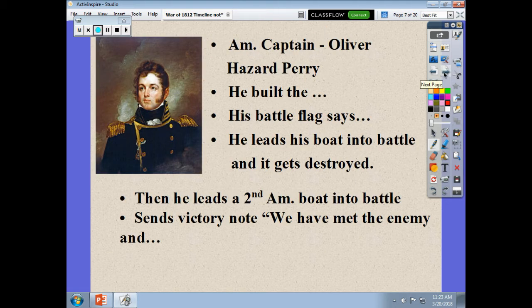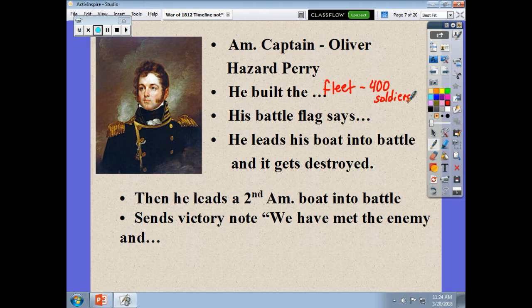So this is the guy who's in charge at Lake Erie. His name is Oliver Hazard Perry. And he's actually responsible for building the fleet on Lake Erie. There were no ships on Lake Erie. So what he's going to do is he's going to be given 400 soldiers. Those soldiers are going to come from the commander of the army in the Northwest Territory, William Henry Harrison. And he's going to provide Perry with these 400 soldiers